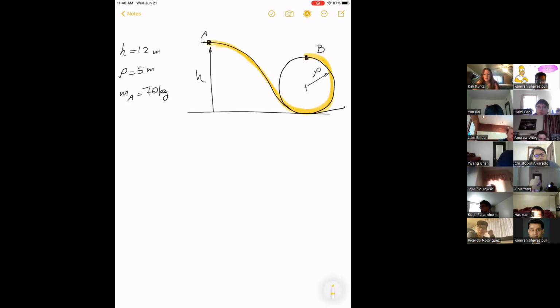You have to have your acceleration in terms of the radius of curvature and everything, and it's very complicated to do. But if you use the work energy relation,